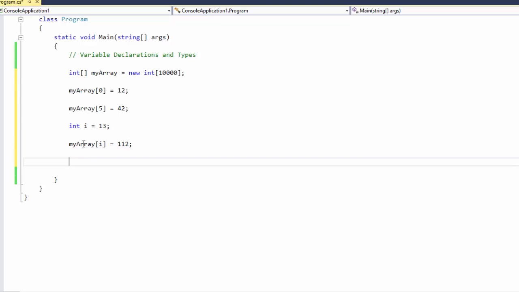So it's going to take the value of i, which is 13, and use that as an index into my array and store this value 112. And this will come in super handy when we begin to do loops, which will allow this value i to move from some starting value to some final value, and you can move your way all the way through this